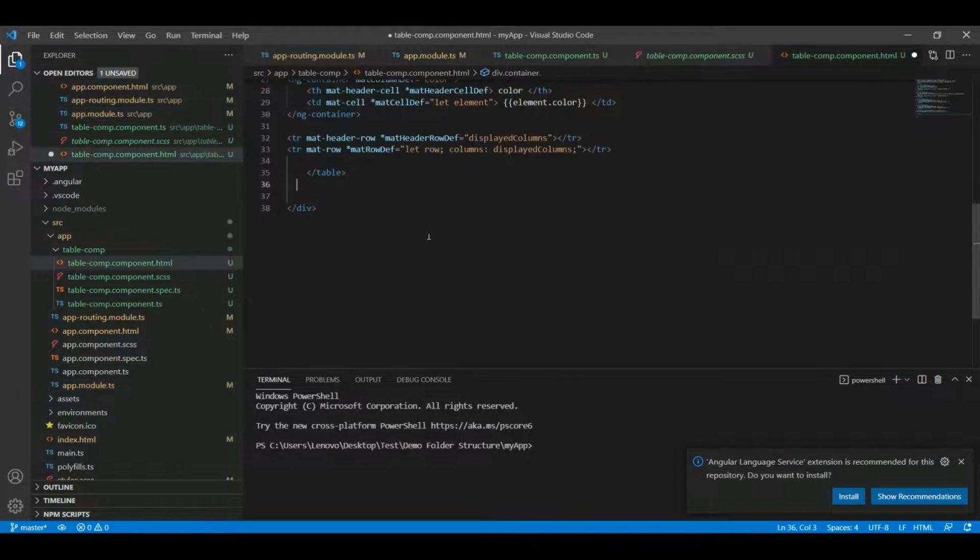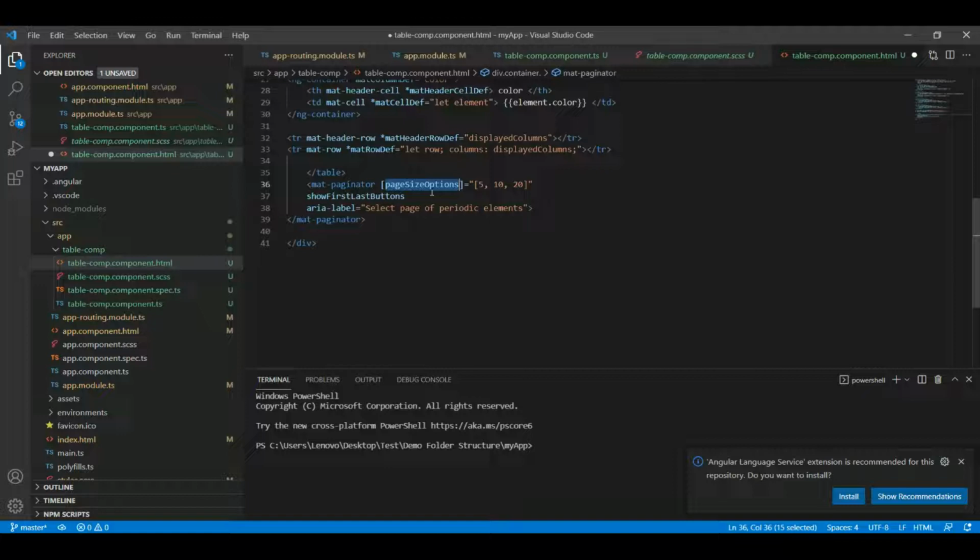Now we'll take the mat-paginator selector after the table closing tag, and here we are using the pageSizeOptions property binding, meaning we are binding the page size options, that is 5 entries per page, 10 entries per page. So if we select, it will appear like a drop down.